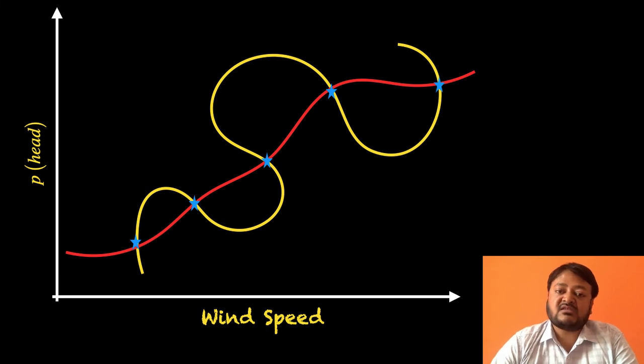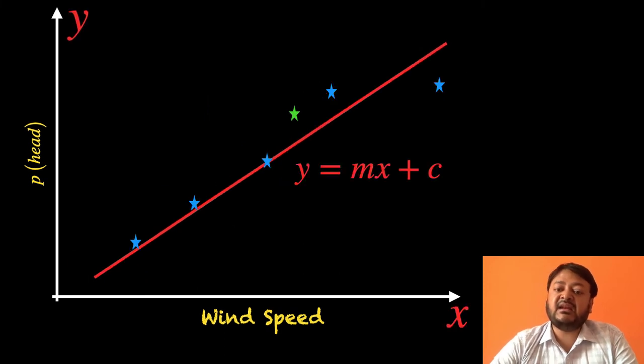Here comes the concept of training data and testing data. Let's say these 5 points were a part of our training set, and using these 5 points we fitted our curve. Now we need to use the 6th point to see which of them is the better fit. In this case we can see that the red line is closer to my point, and hence I can say that my red line is a better fit than the yellow line. In this particular case, it so happens that instead of drawing a nonlinear curve like this, we can even fit a straight line with a high degree of accuracy.